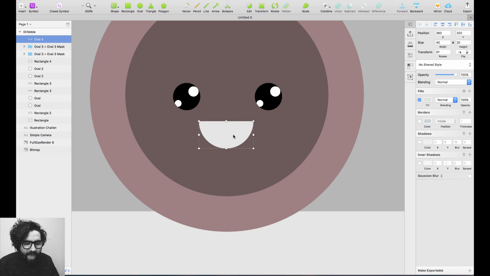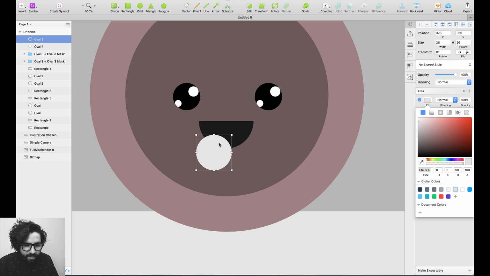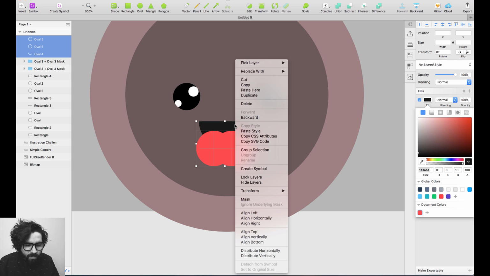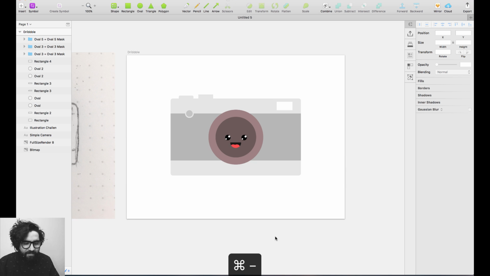You know what? I want to add a little tongue inside the mouth. So I'm going to make this a little bit darker color around there. And I'm going to add 2 more circles that are going to represent the tongue. So around there and around there. There you go. Let's make it red, around this red. And I'm going to start adding colors. I'm going to reuse this red, so I'm going to create a shared style. I'm just going to add it to my document colors. That's all I'm going to do. And I'm going to arrange this, grab this, and then create a mask. There you go. Now we have our little